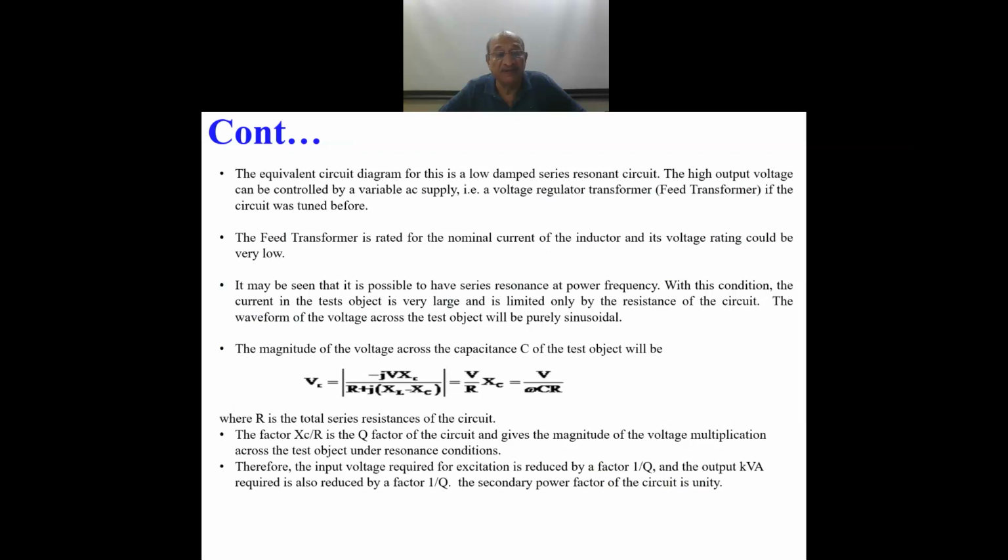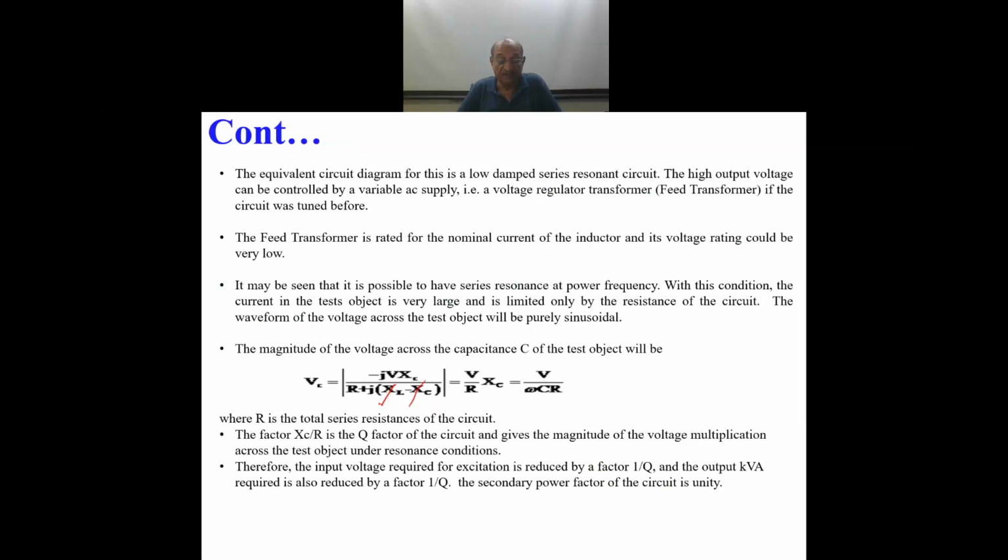Then the magnitude of the voltage across the capacitance C, let's call it Vc, will be equal to -jVXc upon R + j(XL - Xc). And when XL - Xc are equal, under the condition when you have put an adequate value of inductive reactance or the reactor, XL and XC cancel each other, and then the